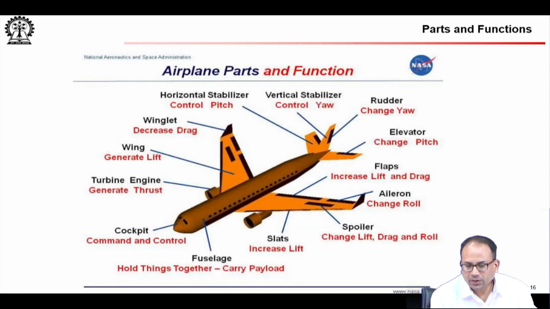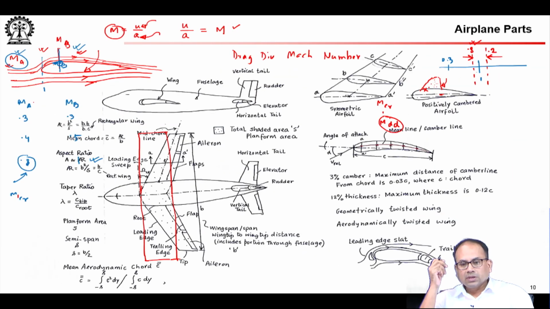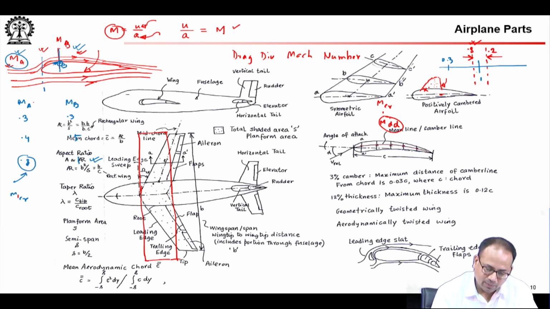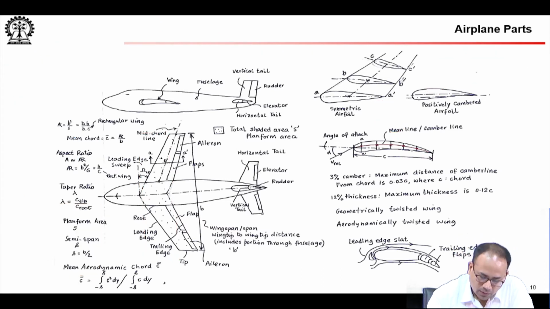Okay. Now, let us quickly go through the remainder. Okay, here also I have to finish this portion. Okay. Now, there is something called geometric twist of a wing. Let me remove this one. Okay. So, again the line joining the middle points of all the chords is known as the mid chord line. If the mid chord line is a straight line, then you call it a straight wing. Here the mid chord line is not a straight line, you see it is bent. So, it is not a straight wing.